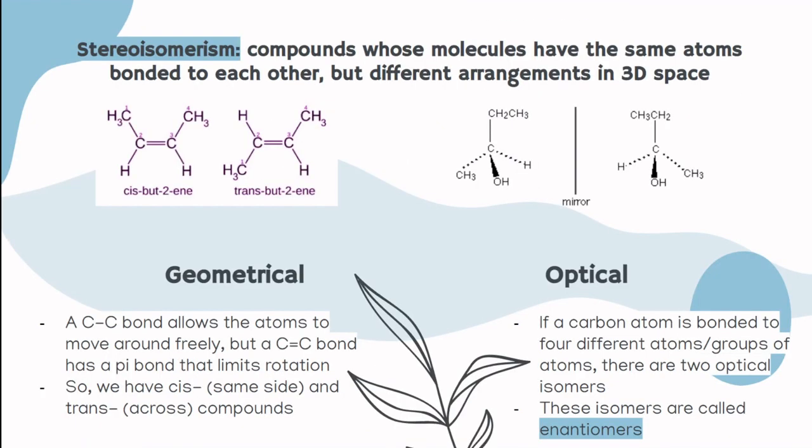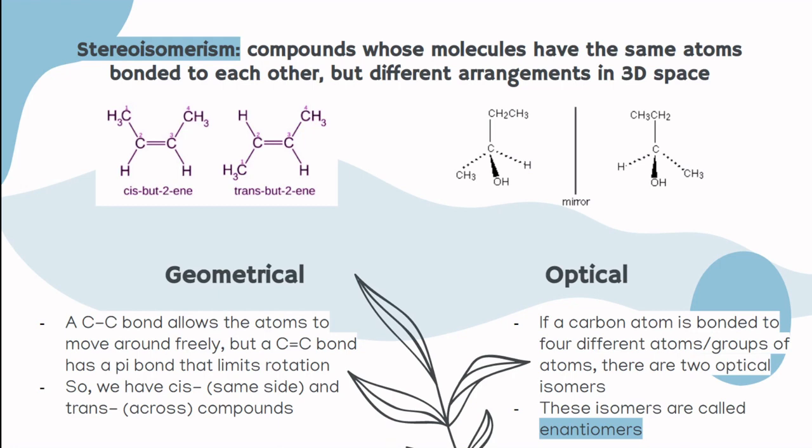And then, we also have stereoisomerism, which are compounds whose molecules have the same atoms bonded to each other, but different arrangements in 3D space. For example, they might pretty much give us a name of a molecule, but we can still have variations when we draw it out. With geometrical, we have